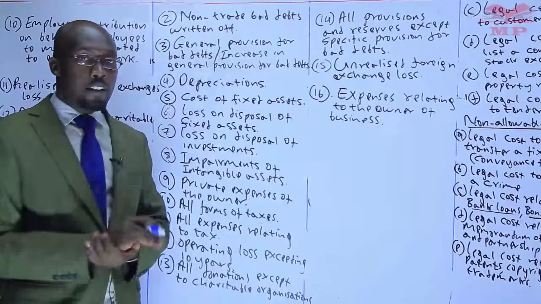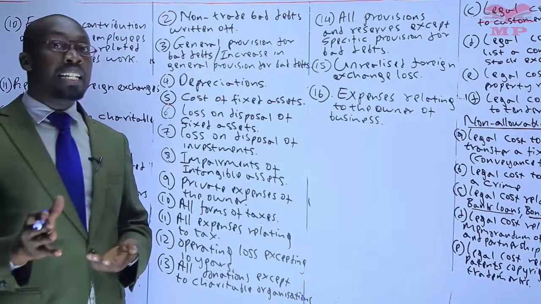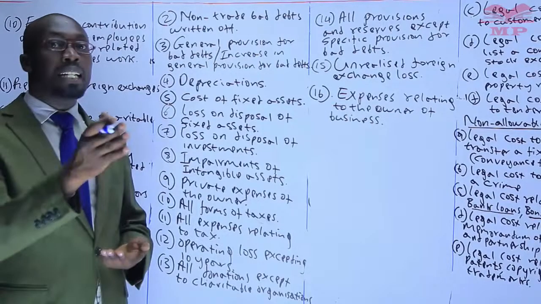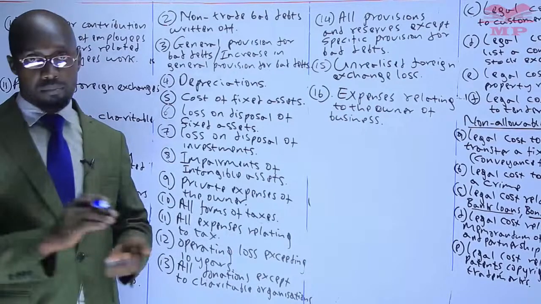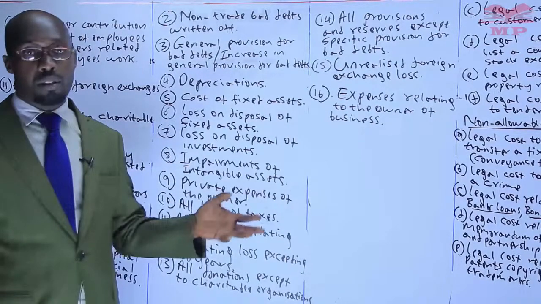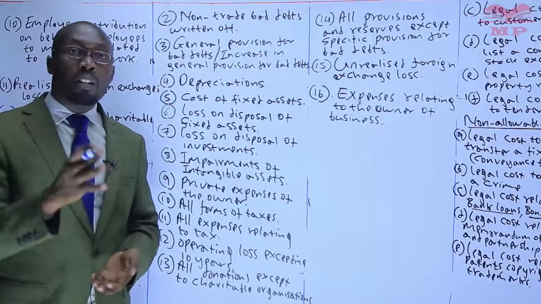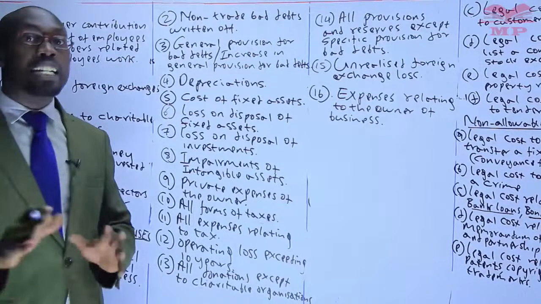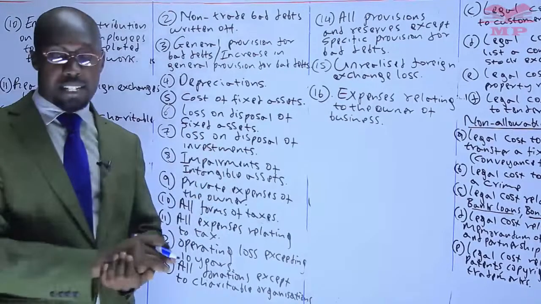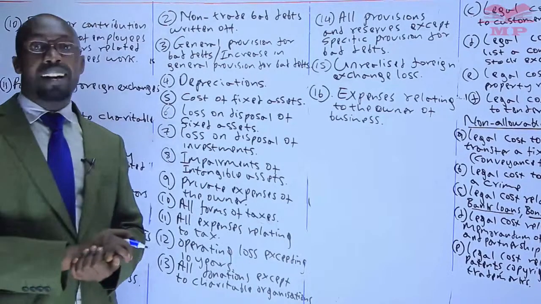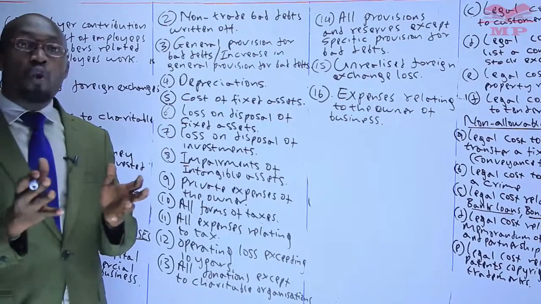You normally find, like in partnership, the partners may be working in their business. So they decide to pay themselves salaries, commission. Sometimes they charge interest on capital they have invested in the business. Because they are paying themselves, that is usually not allowable. Anything paid to the owners of the business. Same case when it comes to the company. The company is owned by shareholders.